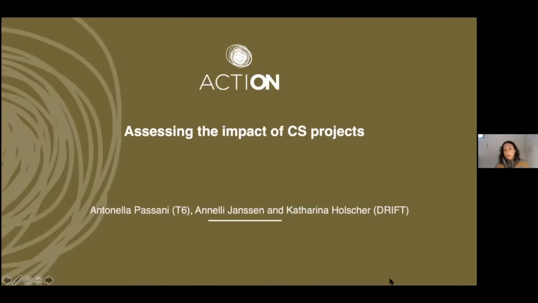There are several methodologies out there for impact assessment of citizen science, but because citizen science can be very diverse, in terms of activity, in terms of methodology, in terms of community engaged, and because the impact can be very, very different, the challenge was that of creating a modular, flexible, adaptable, but also operationalized and broad methodology. So this is what we tried to do, and what we would like to improve with your help in the next months.